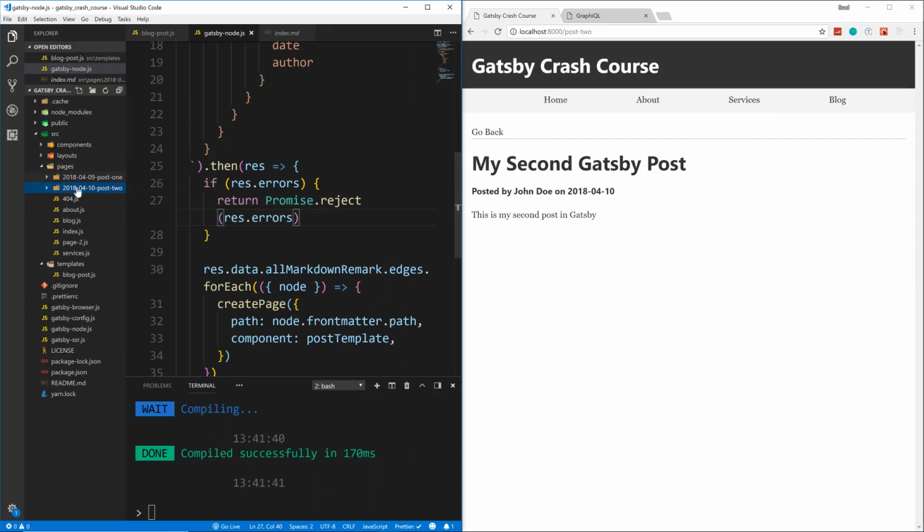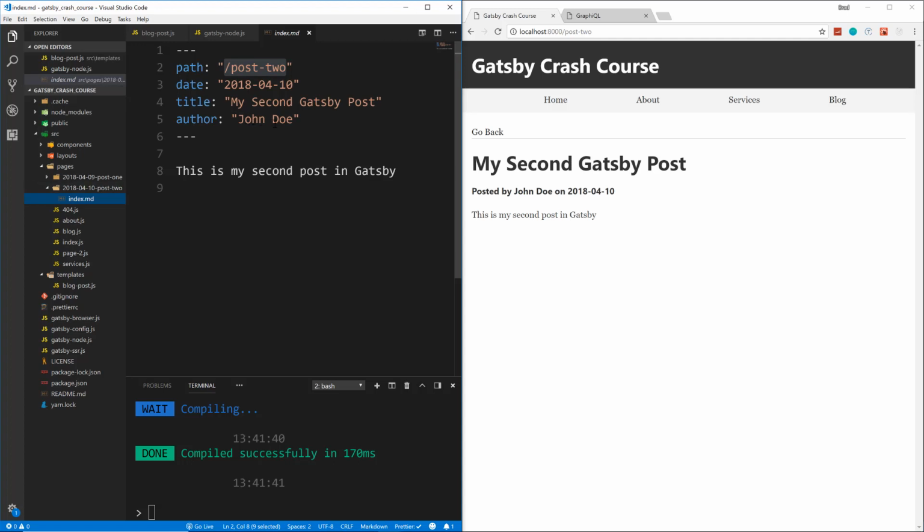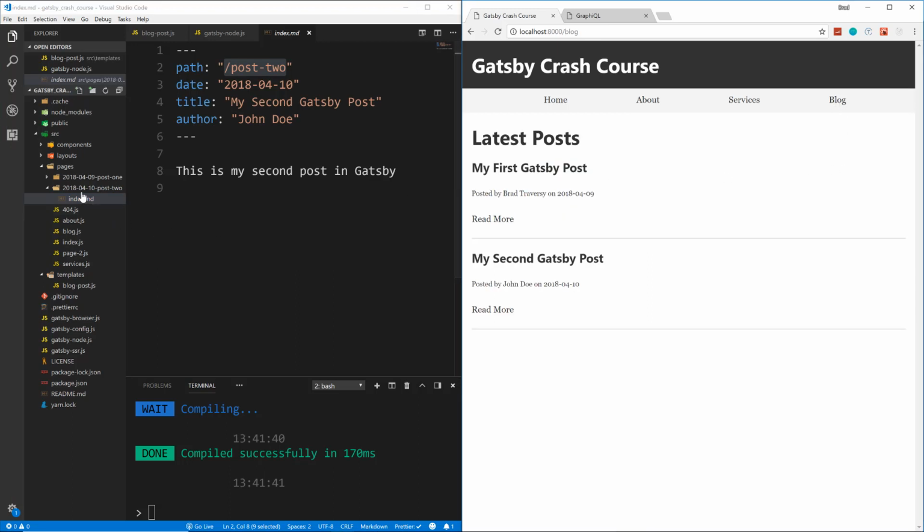Okay, so you can instruct your clients to just simply create a folder with the date. The name of the folder doesn't really matter. What matters is the path, but no matter what path you choose, it's going to now be put on the blog. In fact, let's test it out. Let's add one more post. So we'll say new folder 2018-04-11-post-3,